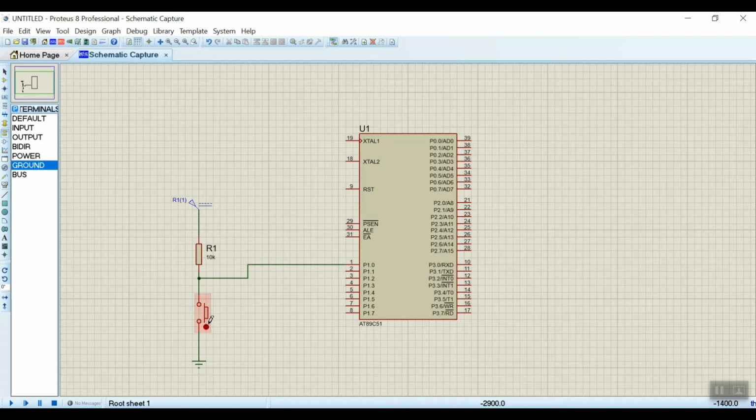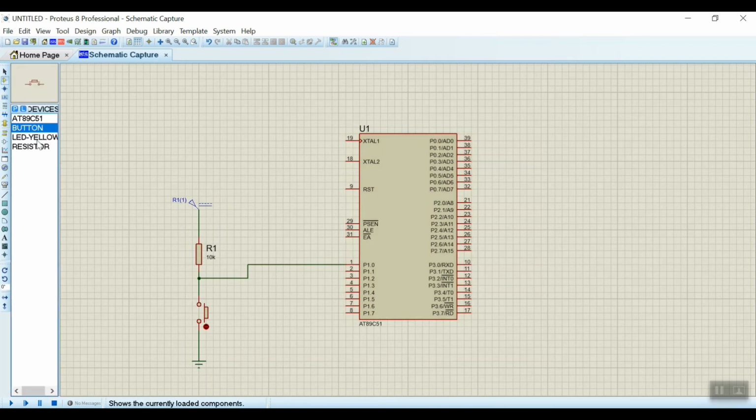So in this case, if I press the button, I'll get 0, because this is 5 volt and this is how it is connected. So button is connected directly to ground. So if I press the button, the current will flow from here, and at this point I'll get a 0 volt. When the button is not pressed, then I'll be getting 5 volt, because this circuit is not short, circuit is not connected to ground. So it's a simple pull up then. So I'll be getting a 5 volt then.